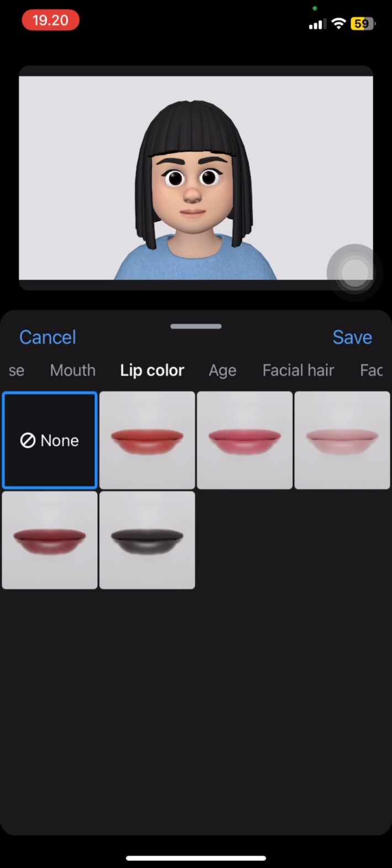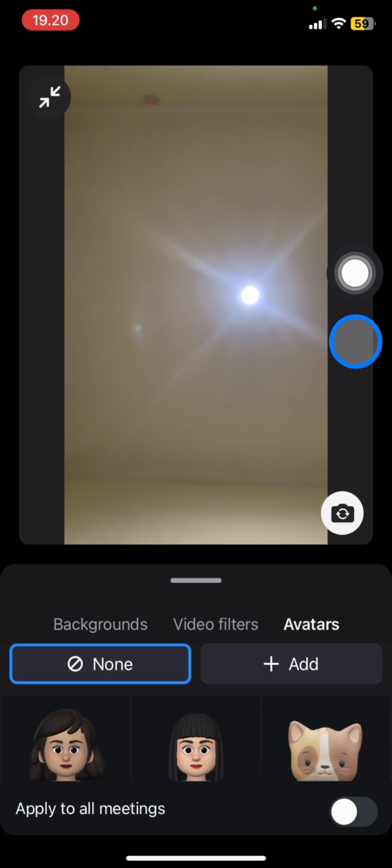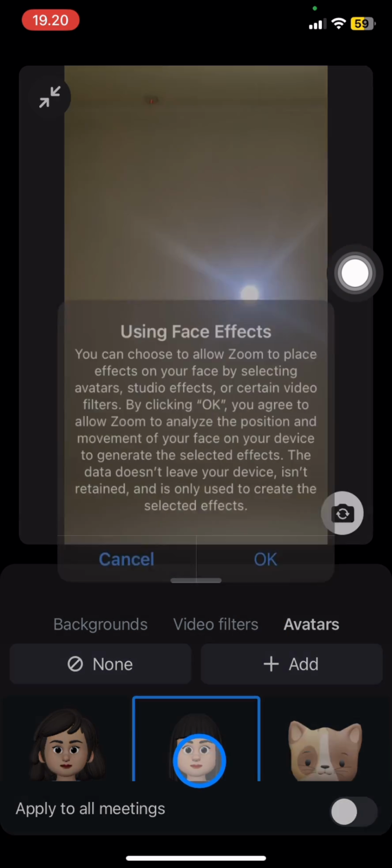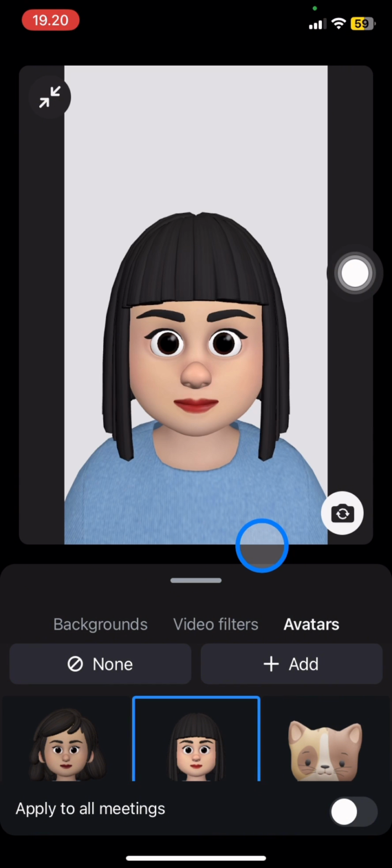And right after you're done, you can just click save. Now you already have the new avatar. If you want to apply that to the whole meeting, you just need to tap on it, and then tap OK, and then you can start the meeting with your look like this. So your true face could be hidden in the whole